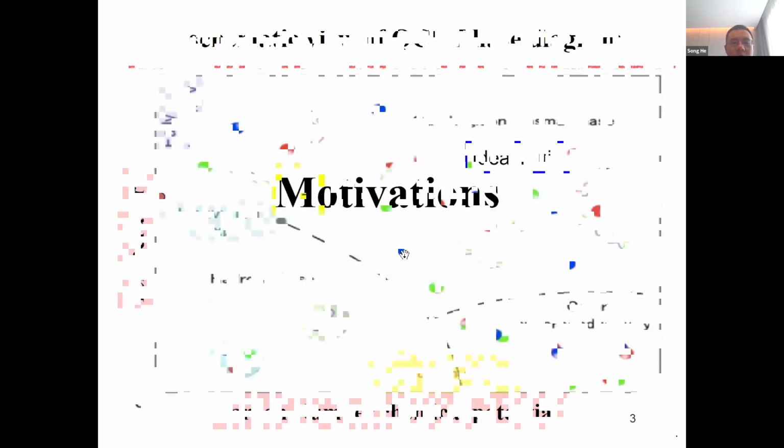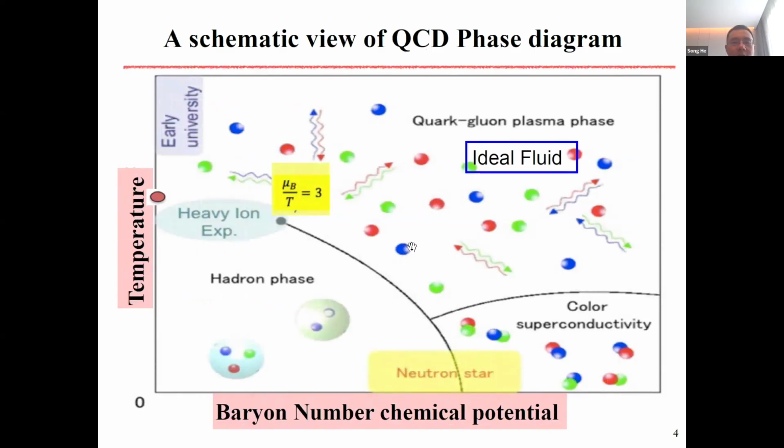So the motivation is to understand the schematic view of the QCD phase diagram. As you know, in the QCD literature, people try to study the phases of QCD matter in terms of the temperature and the baryon number chemical potential. There is a schematic graph for this QCD phase diagram, but this solid part is found by this one and also this one, for the y-axis and x-axis.